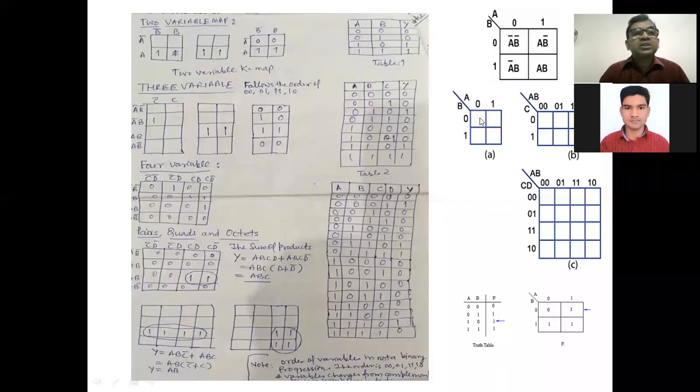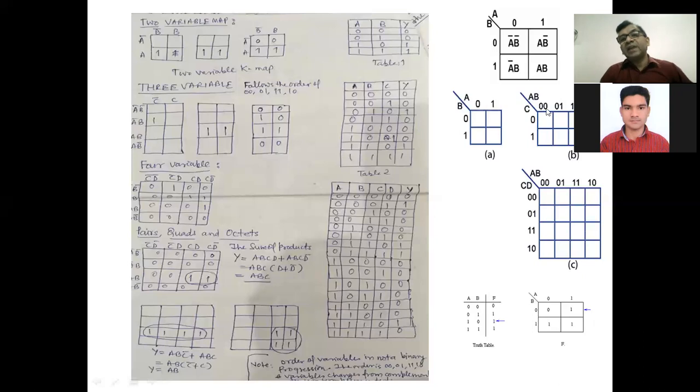So this can be represented in this form. If you talk about 3 variables, one variable is C and AB are 2 variables, so there are 3 variables. This can be represented as AB oblique C, or AB can be here and C can be here, or you can organize it in any way. For example, A can be here and BC can be here. If there are 3 variables, there will be 8 squares.